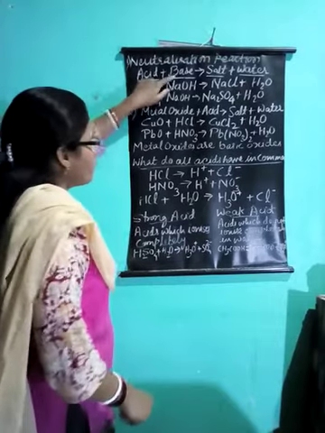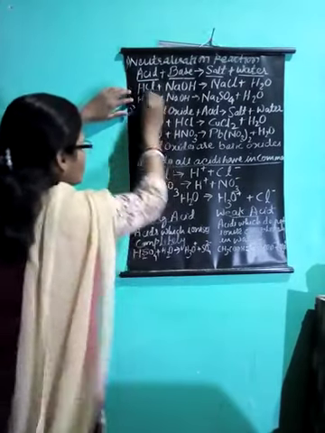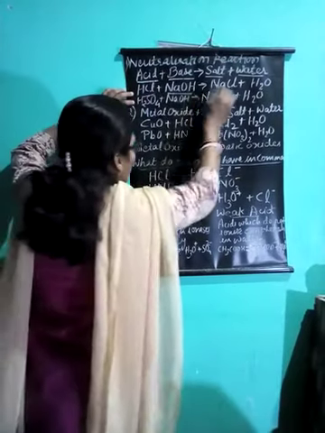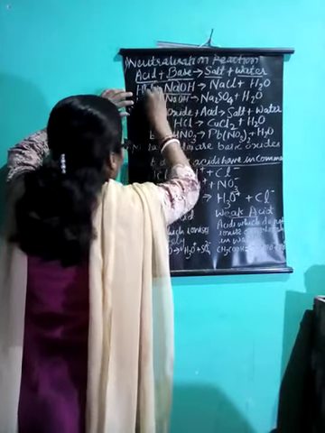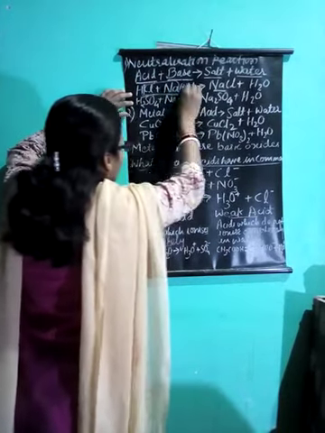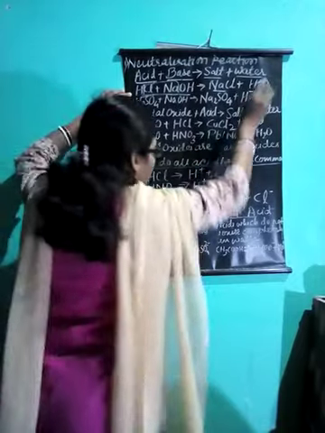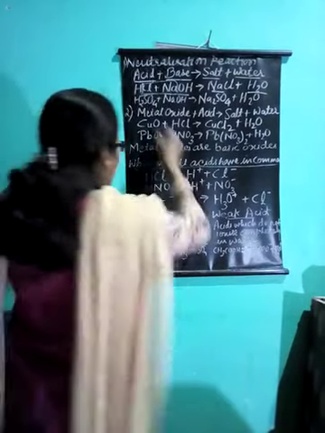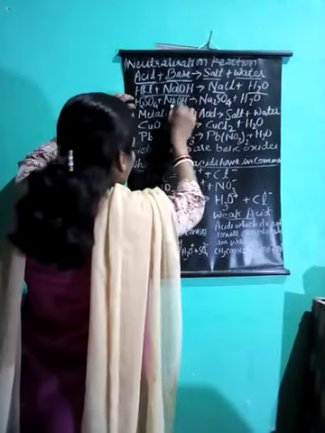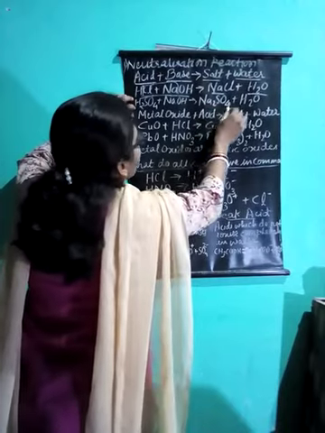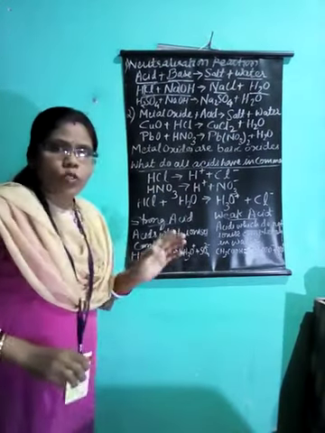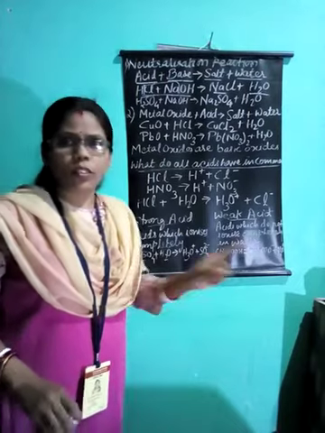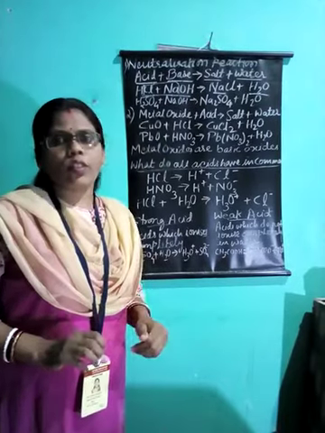Now here an example. HCl is an acid, base is NaOH. What is formed? These two substances will combine, NaCl will form and H2O is formed here. Okay, another example, H2SO4. This is an acid, base NaOH. We get Na2SO4 plus H2O. So in this case, salt is formed and water is obtained. This is called a neutralization reaction.